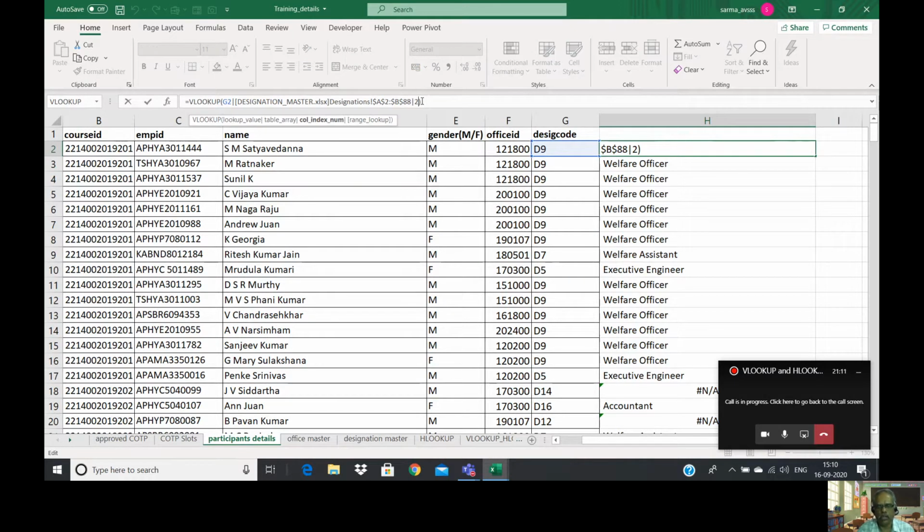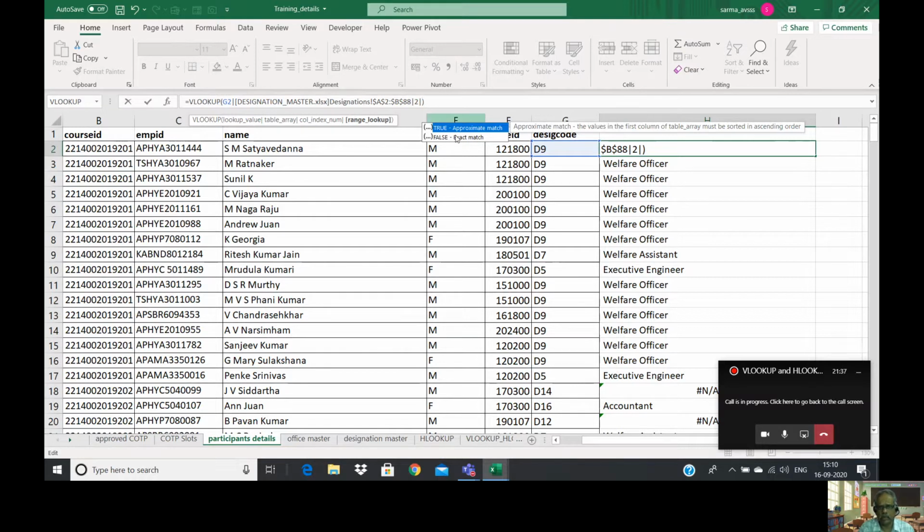Now the last parameter is range lookup. Now we have to use this last parameter. In the last parameter, range lookup, there are two types of matches: one is approximate match and another is exact match. Whenever you are trying to use VLOOKUP for characters, dates, right? If you want to get an exact search, then you have to use the exact.